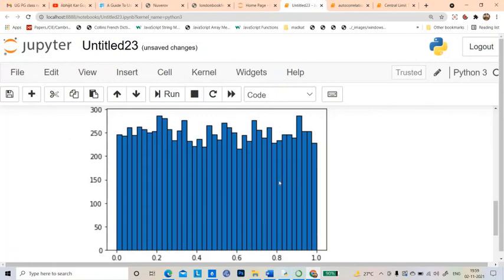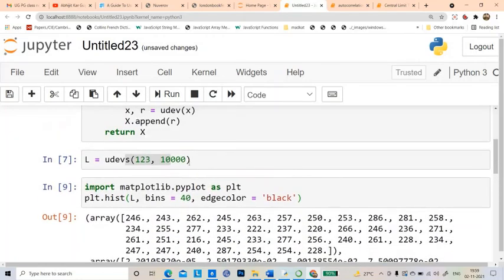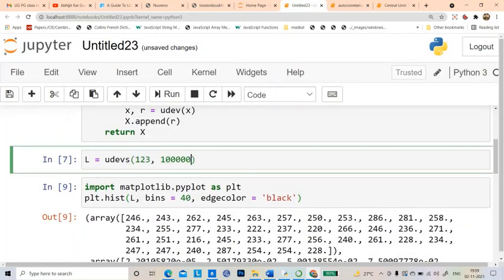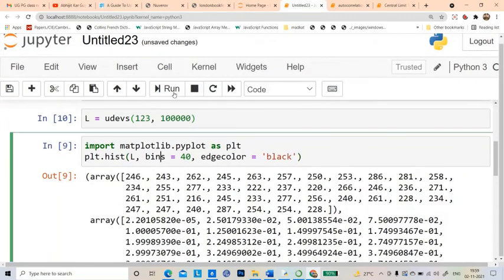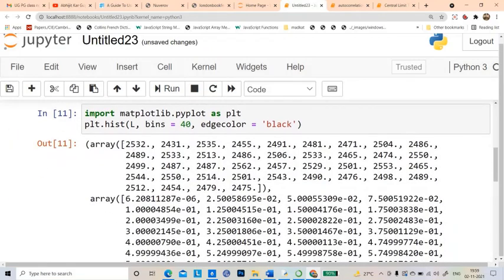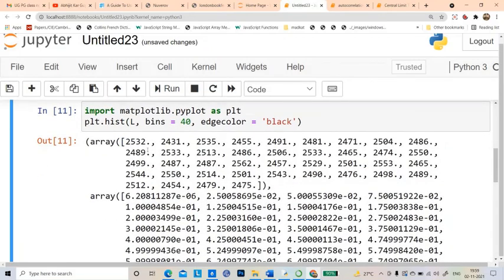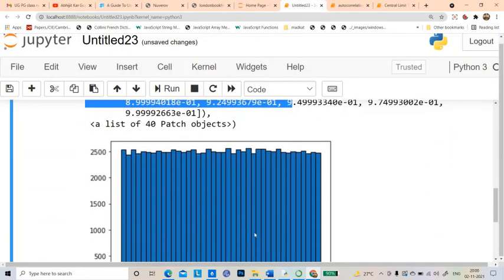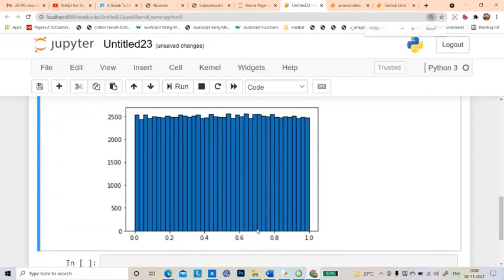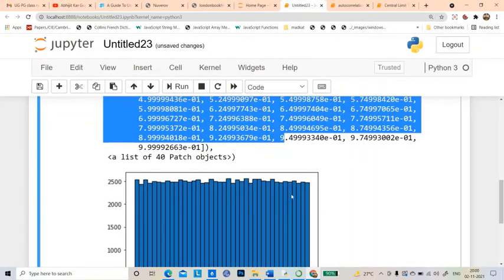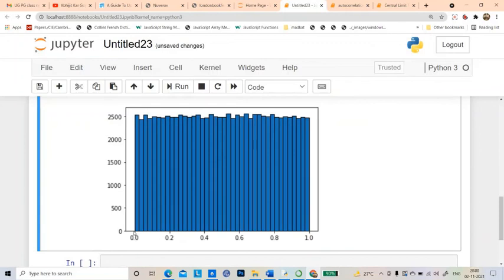So it is basically a uniform distribution, but of course it is with 10,000 numbers. If I now create 100,000, I mean 1 lakh numbers, the distribution will look better. This display is basically the frequencies and the bins. See, now it is more uniform. So more or less this is a visual test that we created these random numbers. Those are uniform random numbers between 0 and 1. So this is it.